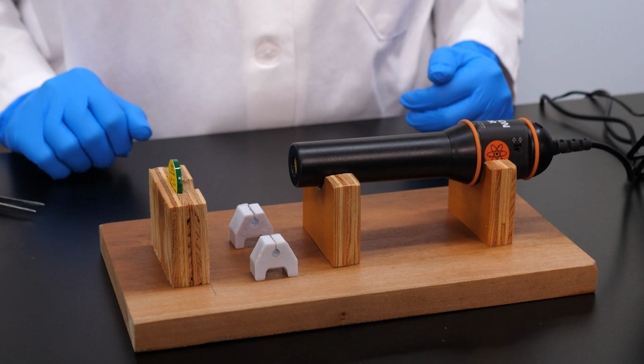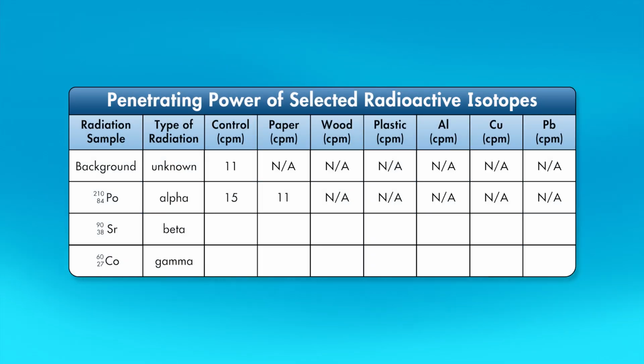Let's use a beta emitter to demonstrate the penetrating power of beta particles. The beta emitter we will use is strontium-90. First, we will perform a control test by measuring the amount of beta radiation given off by the strontium-90 with no shield in place. Our test results will be displayed on the monitor. Our sample of strontium-90 emitted an average of 385 counts of beta particles per minute, which is the control value